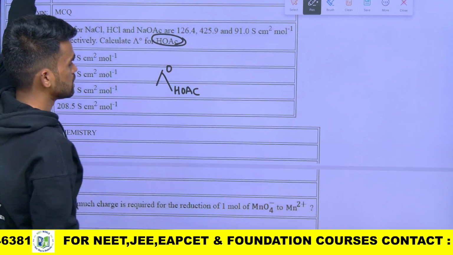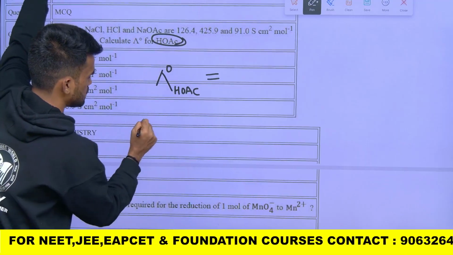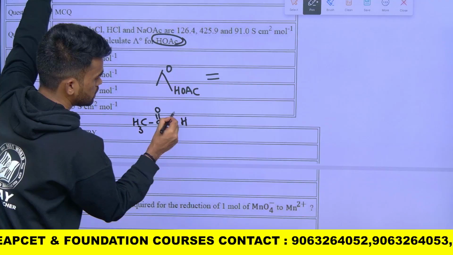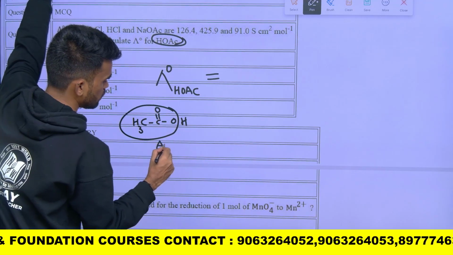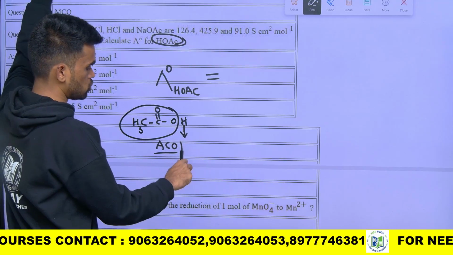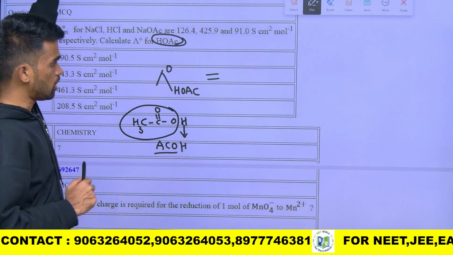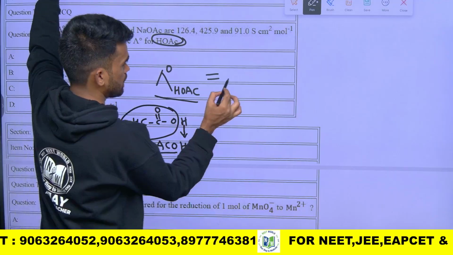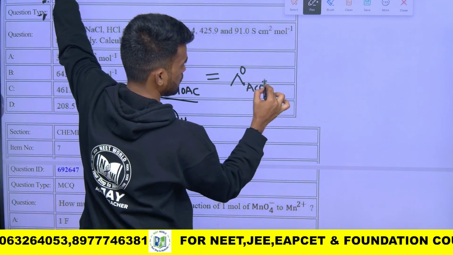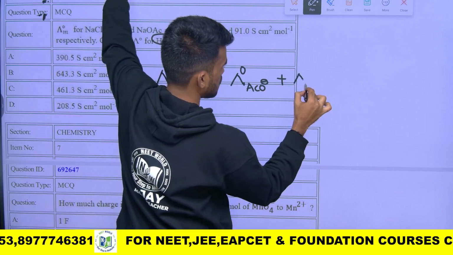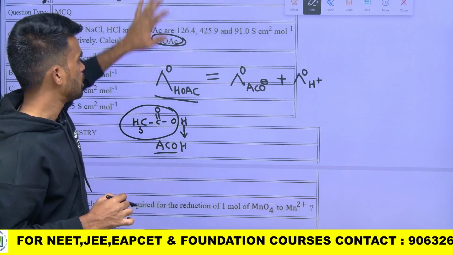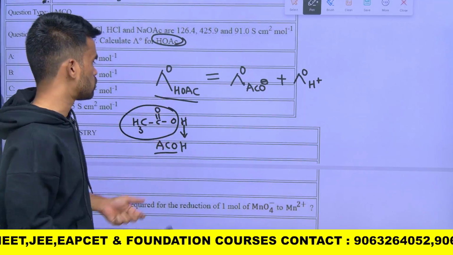For this, see what ions we have in acetic acid. If I write acetic acid, this part is mentioned as ACO and hydrogen as H, that's it. Now I can write delta naught of ACO minus plus delta naught of H plus. This is what we require, but we know acetic acid is a weak electrolyte, so we cannot get